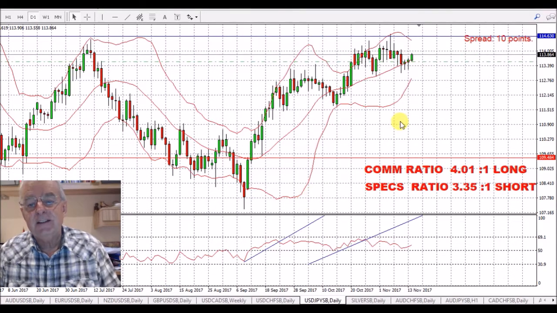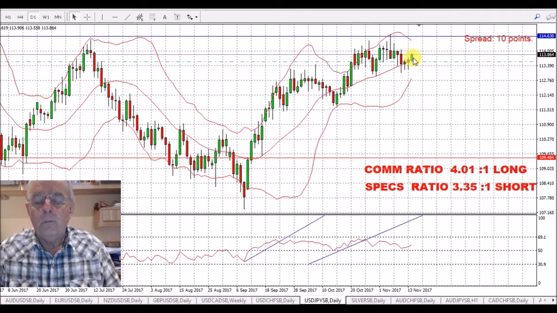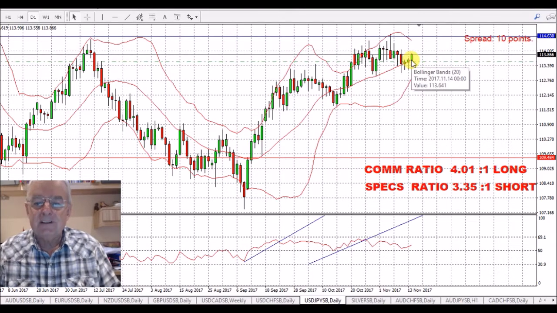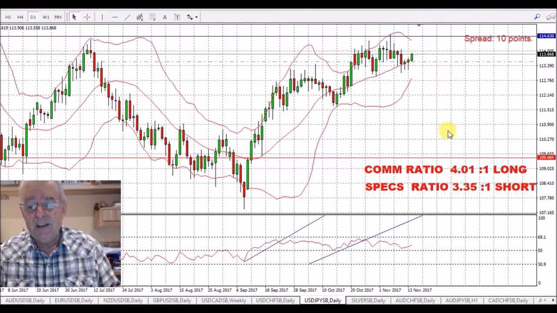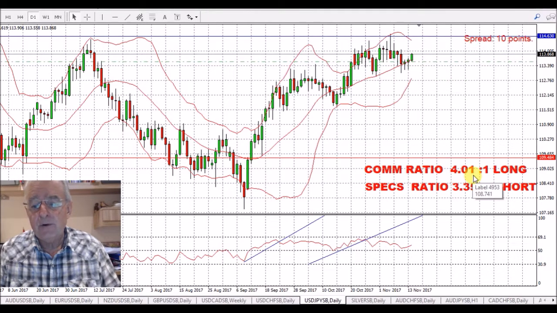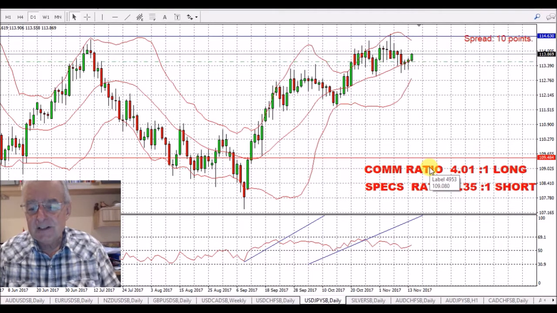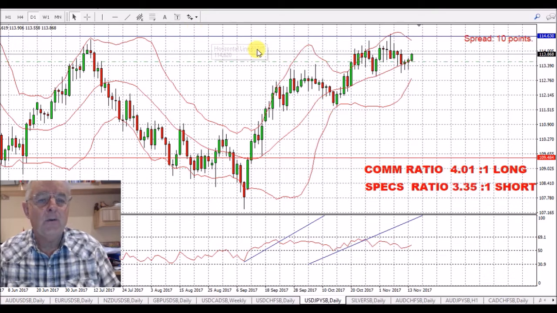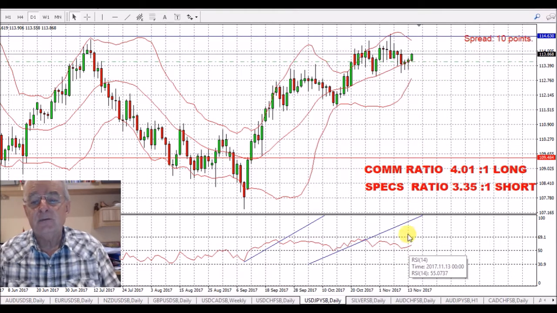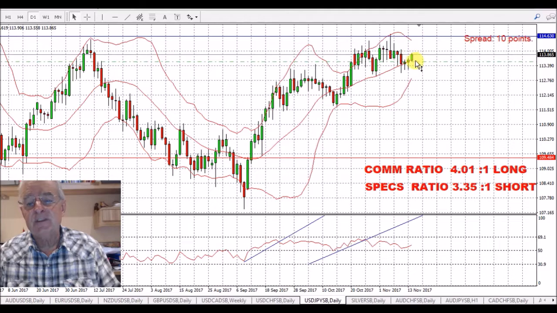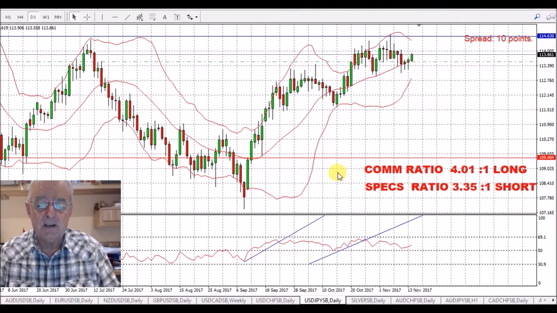USD Japanese yen. We've had a little bit of an upturn this morning, so my trade is slightly at a loss. There's a commercial ratio of 4.01 to 1 long for the Japanese yen, which I believe is slightly increased from last week, so that's short for the pair. Pointing up on the RSI. I'm just waiting for weakness. As this comes down and we go into profit, I'll be putting stops in and adding to my short